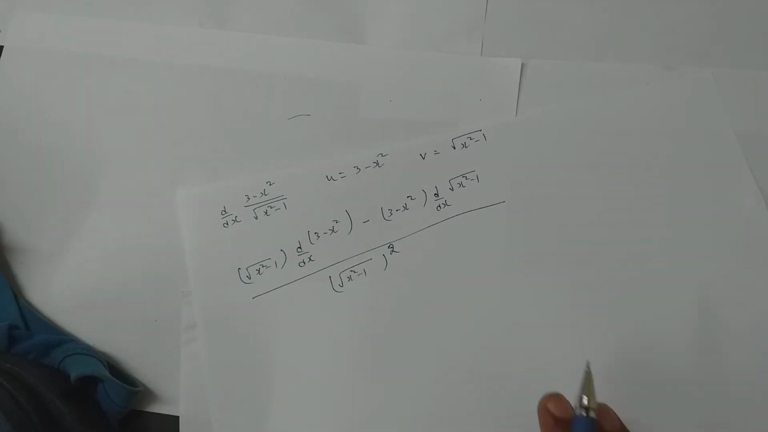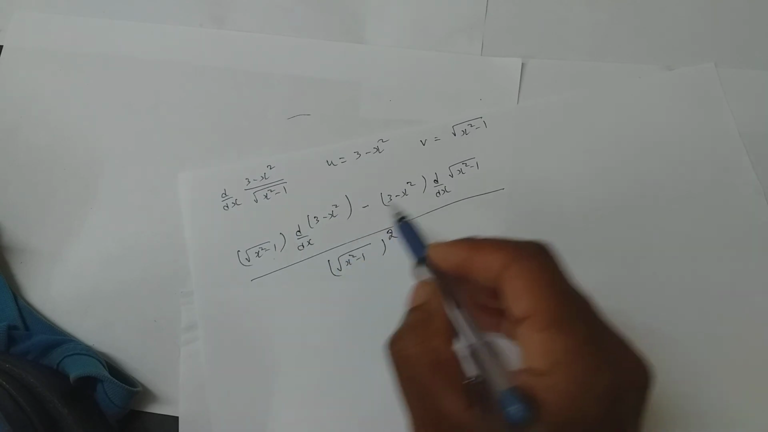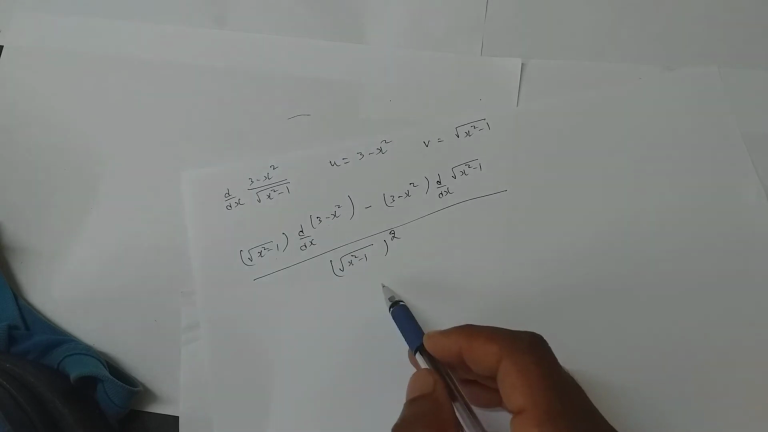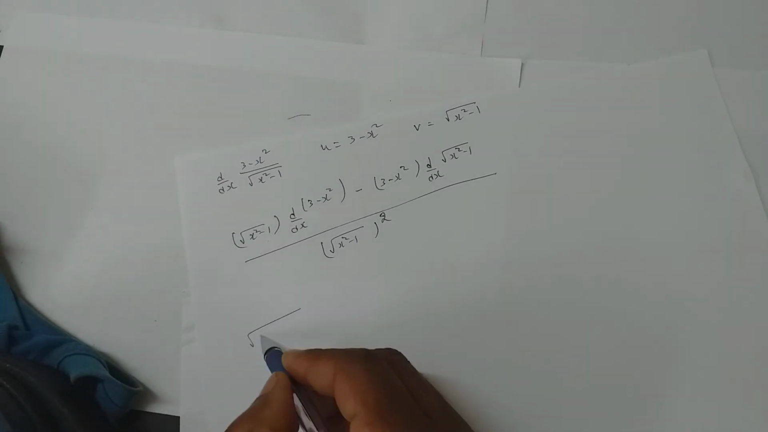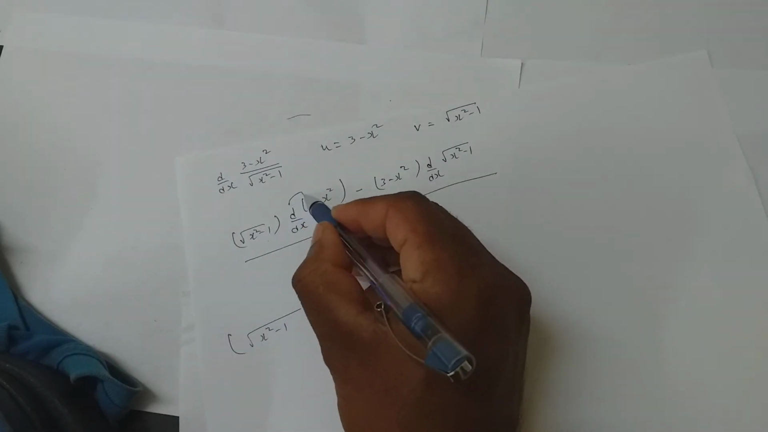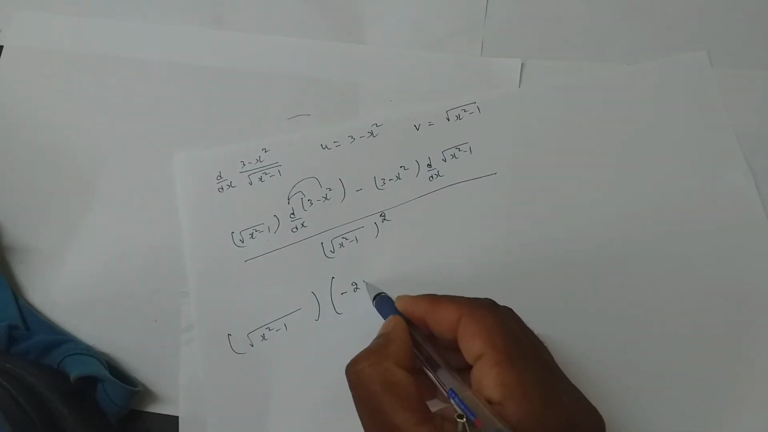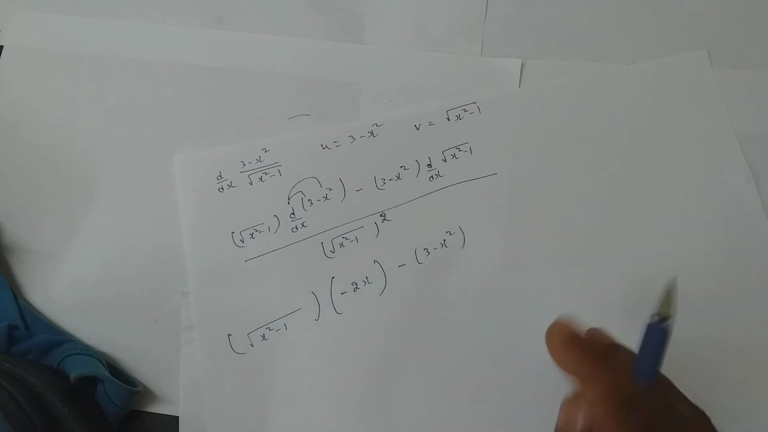Clear? I just applied the formula. First you differentiate u, write v as it is. Next time differentiate v, write the u as it is, by v square. Now it is root of (x square minus 1). This gets applied to 3, it is 0. When it is applied on minus x square, I get minus 2x. Now minus of (3 minus x square) into